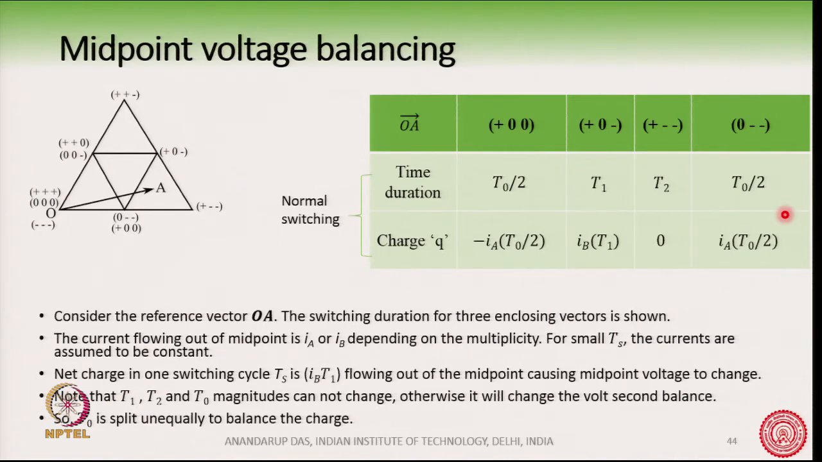Now, suppose the total sampling time or the total switching cycle Ts, which is equal to T0 by 2 plus T1 plus T2 plus T0 by 2, is sufficiently small. Okay. So, we have quite a high switching frequency, so that the Ts period is so small that the magnitudes of these currents do not change in that switching cycle. Okay. Now,